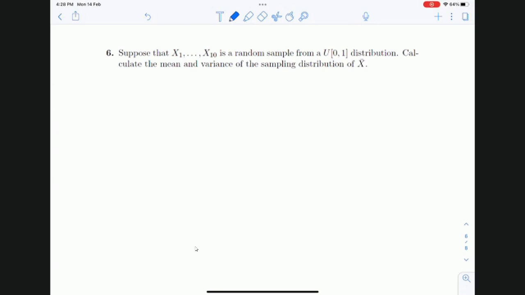Now, the sample mean itself is also a random variable, so it will have its own distribution, and we call this the sampling distribution. And it may not be the same as the population distribution. So we have a sample from the uniform distribution, but the sampling distribution of the sample mean may not be uniform. But we have a general property of the sampling distribution of the sample mean. We know that